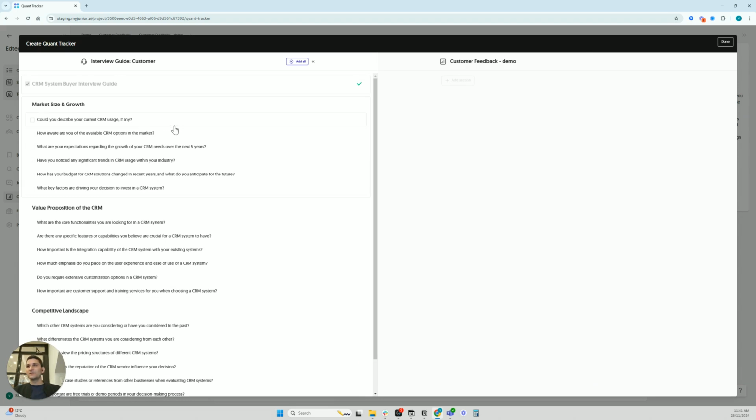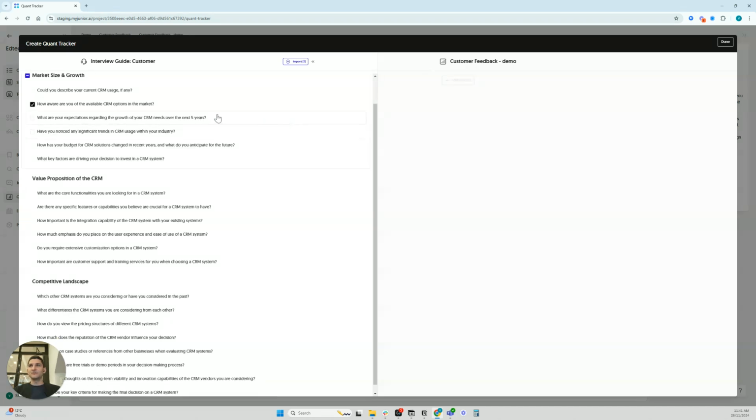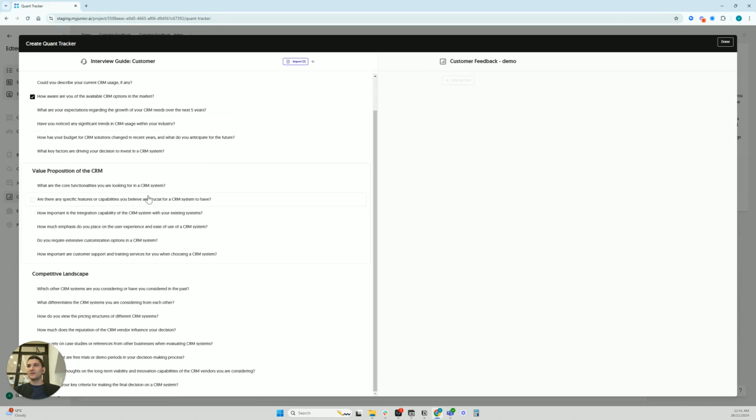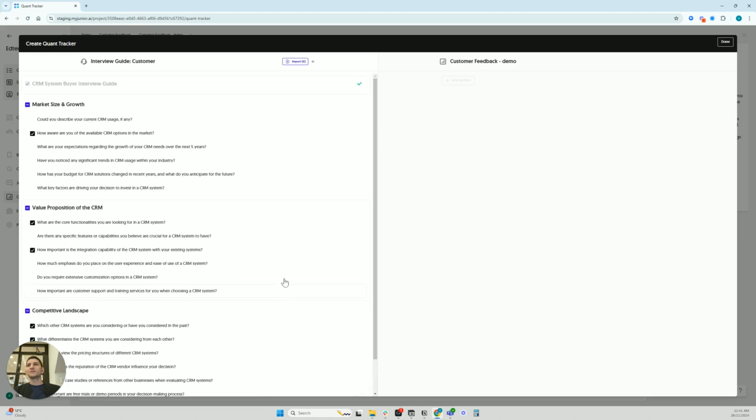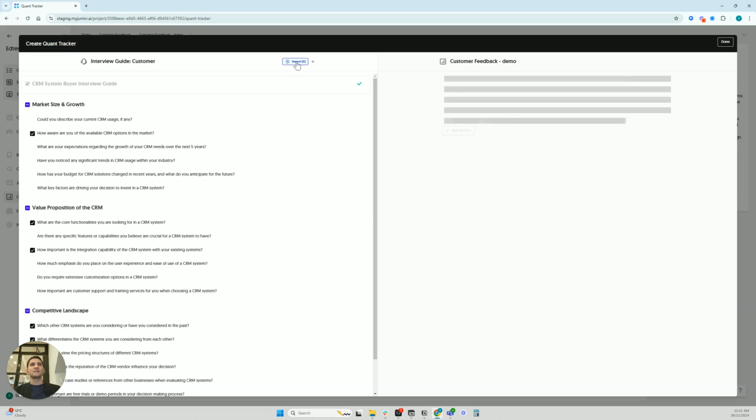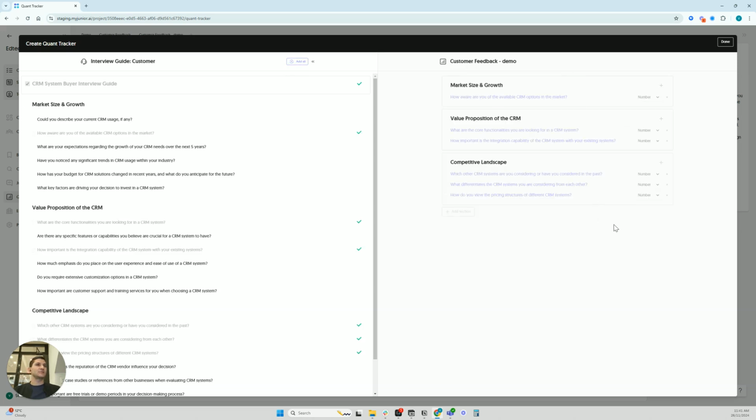Now, I would like to understand how many CRM providers the interviewees are aware of, what they think the core functionalities should be of their CRM system, how important integration capability is, whether they've considered any others in the past, what they think the differentiations are, and what the different pricing structures are. So if we select those rows, and at the top you'll see this import button, smash that, and Junior will